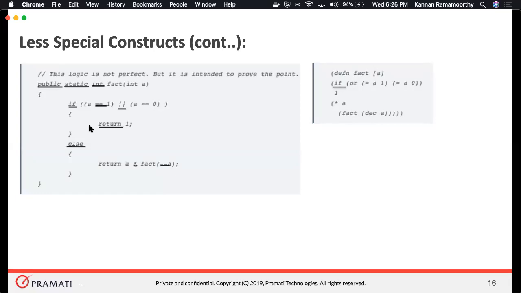To give a feel, I have written a snippet in Java and Clojure to calculate factorial. Whatever you see on your left is Java code. I have underlined all the special constructs. As you see in the Java code, there are like 10 special constructs: public, static, int, if, and the rest of the things. Basically, we don't have any idea of how those things are implemented, and it's also not possible to implement those special constructs by yourself. Whereas in Clojure, only the if is a special construct. So you'll not be able to implement if by yourself. But the rest of the things that you see in the code, you can define by yourself. We have an example in upcoming slides to see how a logical operator can be implemented.